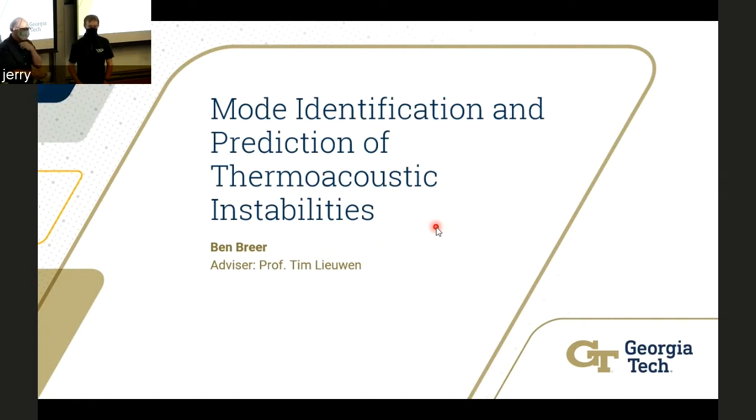All right, so our first speaker is Ben Breer. He's an undergraduate student here at Georgia Tech. I guess you wouldn't be a student anywhere else, would you? Silly to be here right now. He's double majoring in aerospace and physics, one of those very common double majors. And he's been working in the combustion lab for about two and a half years now, working for Professor Lewin, and he'll talk about his research today. But he's also been an intern at Aerojet Rocketdyne, working on 3D printed propulsion components, so it brings some interesting experience there. And more importantly, he's the chief engineer of the Yellow Jacket space program on the liquid rocket.